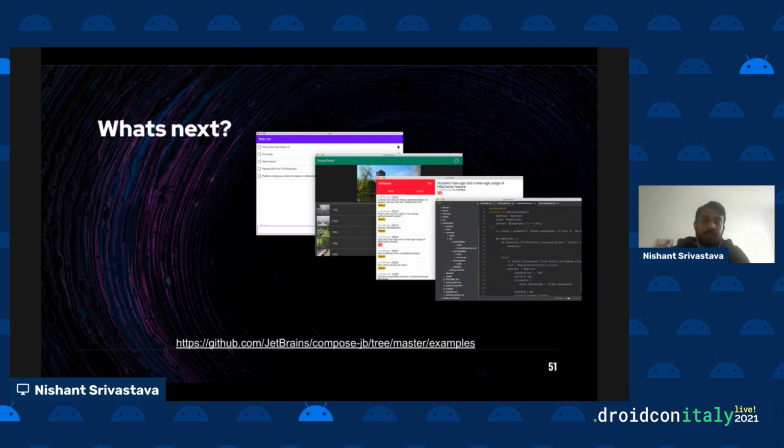So what next? You can definitely go ahead and try different examples that exist inside the Compose JB repository. There are many examples that they keep on updating, but there are also people who are building multiple applications. In this case, it would be something similar to, let's say, you could build an Android application, and then you can carry this code over to the desktop version of it. The only thing that you need to change is the entry point